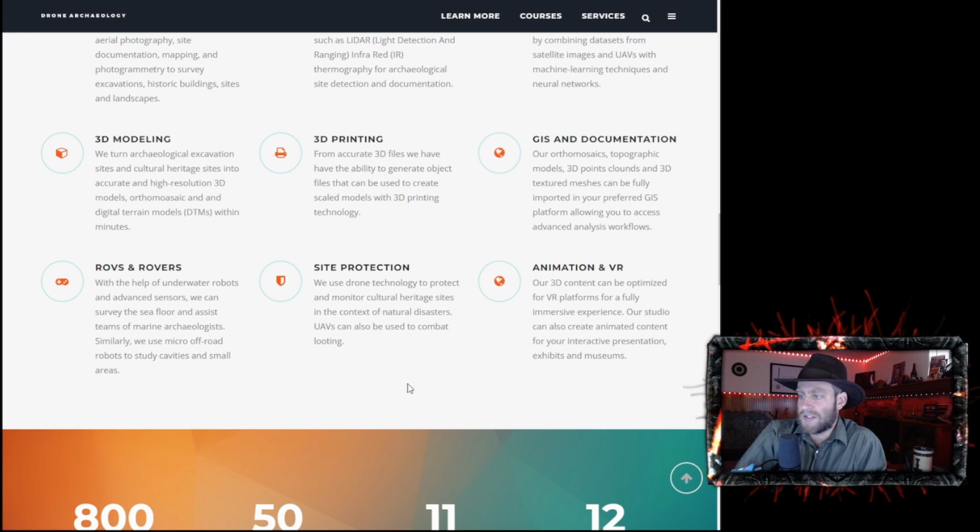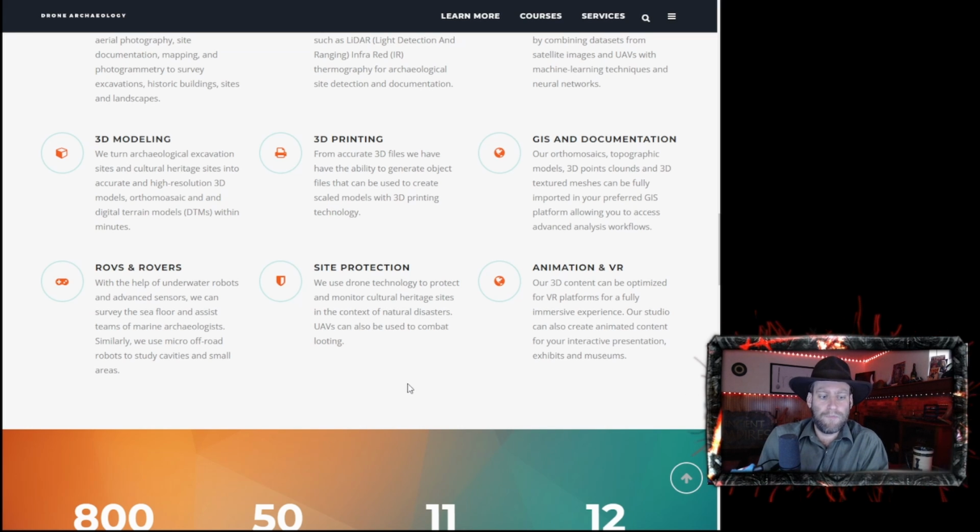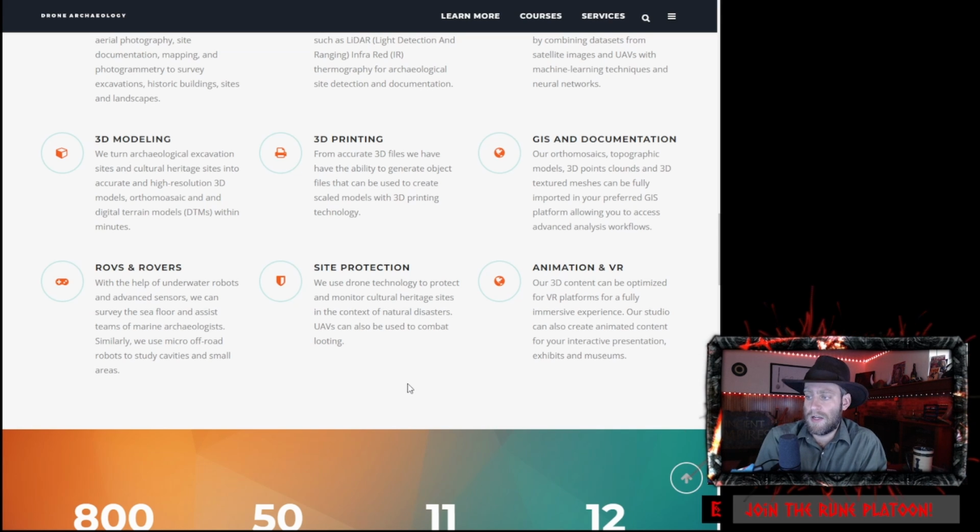So all of these things can help not just protect the site socially, like saying, oh, this is an important place, we should protect this, but also, as it says here, looking at the landscape to determine better ways to protect the site from natural causes as well. And then finally, animation in VR,